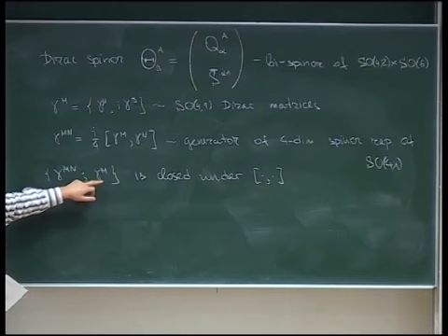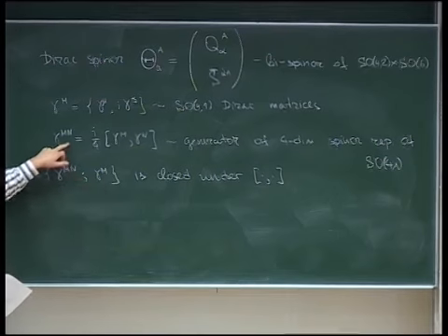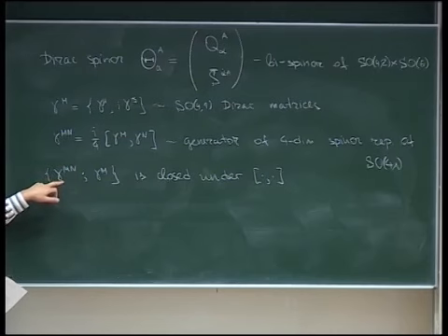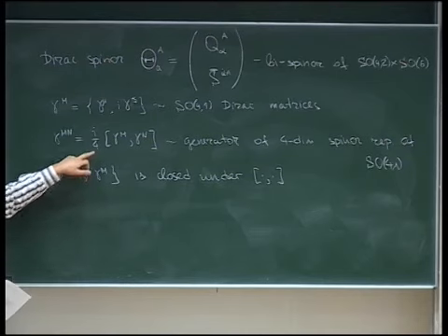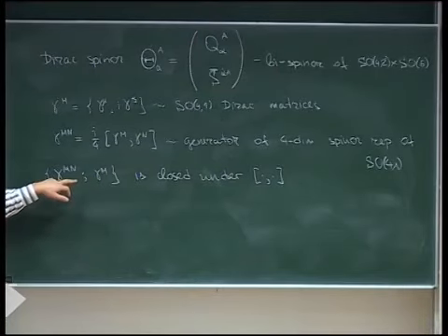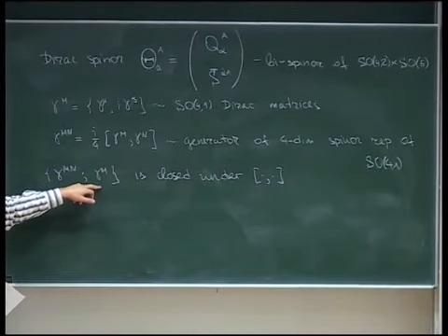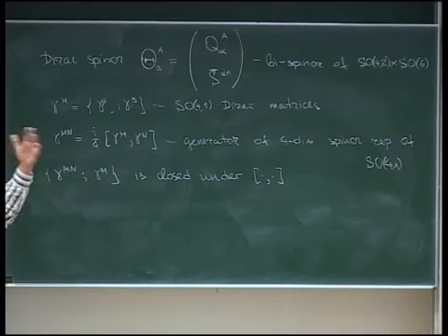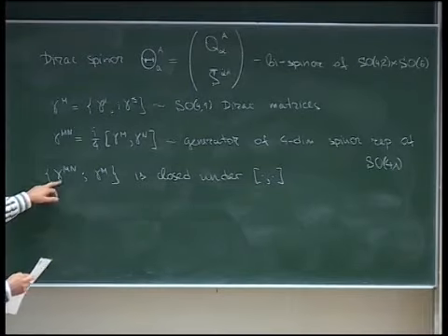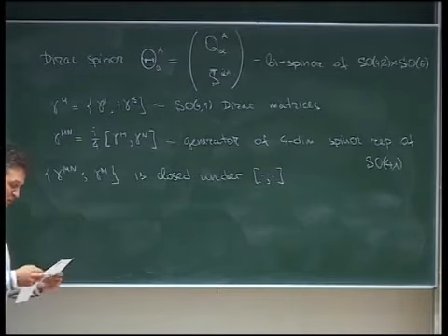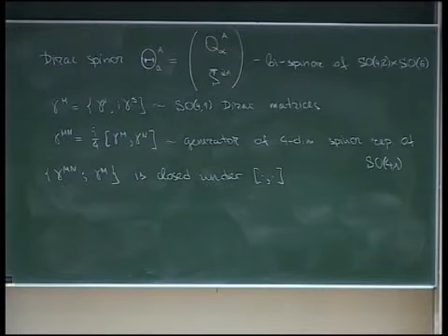If we commute two gamma m, we get gamma mn by definition. And when we commute gamma mn with gamma m, we get a linear combination of gamma m, which just reflects the fact that gamma matrices themselves form a representation of the Lorentz group, so their index transforms under Lorentz transformations, and these are generated by gamma mn. So this is closed under the usual Lie bracket,